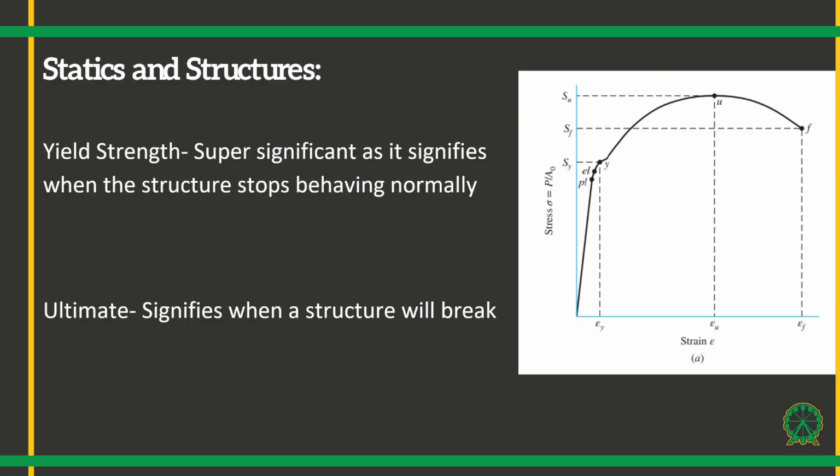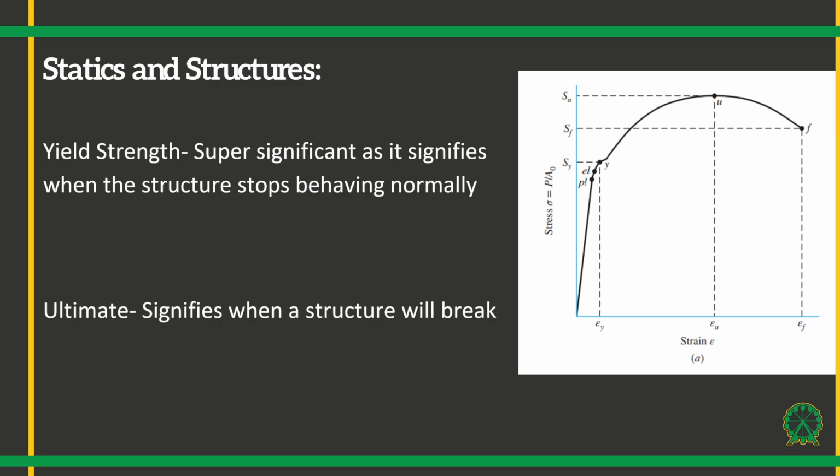In contrast, even if something stops behaving the way you expect it to, think of it this way: we expect things to be behaving linearly. Most of our stuff we want to be in this range because if not, we won't be able to predict what it does. And a big thing about it is that before it reaches yield strength, it actually follows this linear path, but also it restores itself. So if you have tension on something and it's not as big as your yield strength and you let go, it'll return to its original form, no matter what, because you have not reached a pressure where you've made something